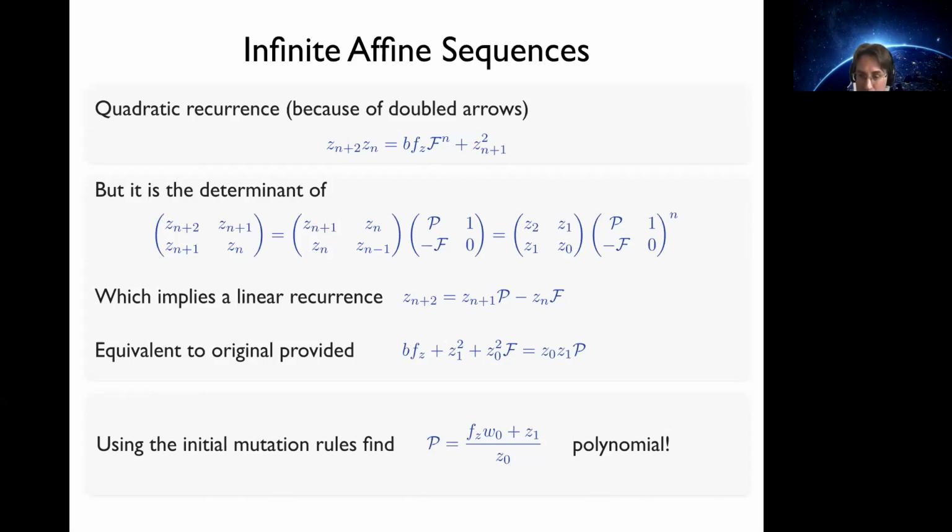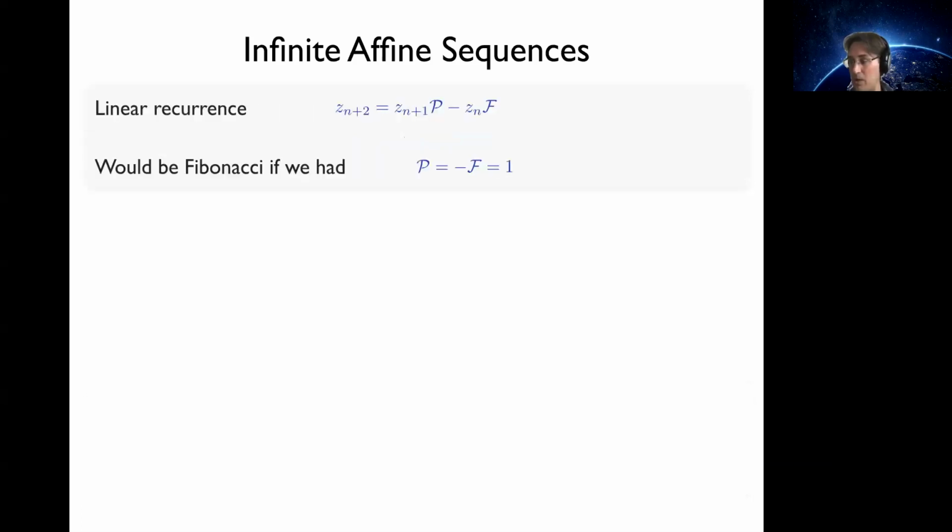So this quantity P is also polynomial, and therefore the linear recurrence relation actually gives you a manifestly polynomial recurrence relation for the A coordinates of this infinite affine sequence. Okay, now I'm conscious I'm nearly at the end of my time, but let me just get to the end here. So if I focus on this linear recurrence, I've written that up now, that would be the Fibonacci relation